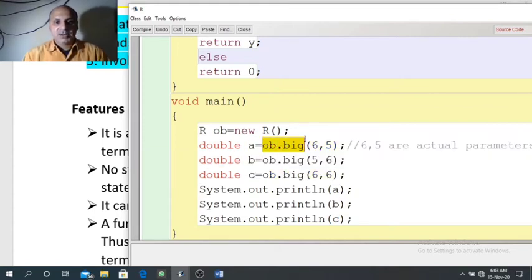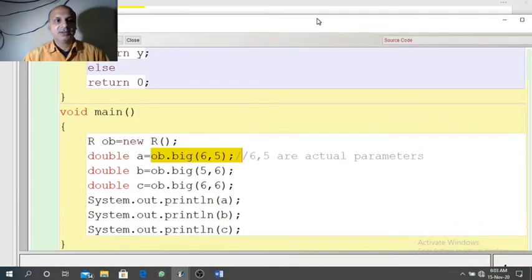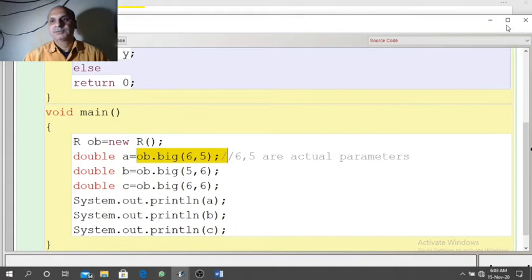So OB dot big, first statement, compiler will search where is big. Big function can be before main or it can be after main in the same class. That is not an issue. Compiler will find out from the class.